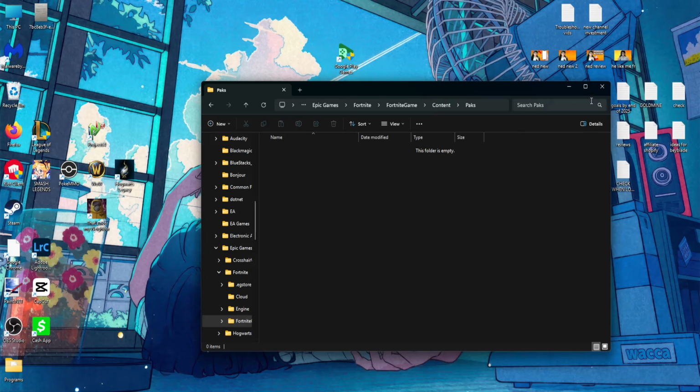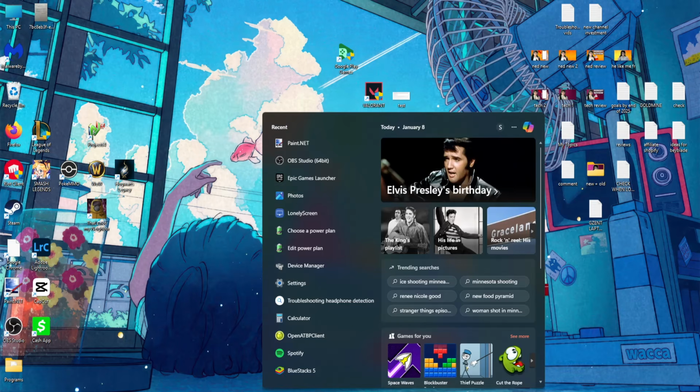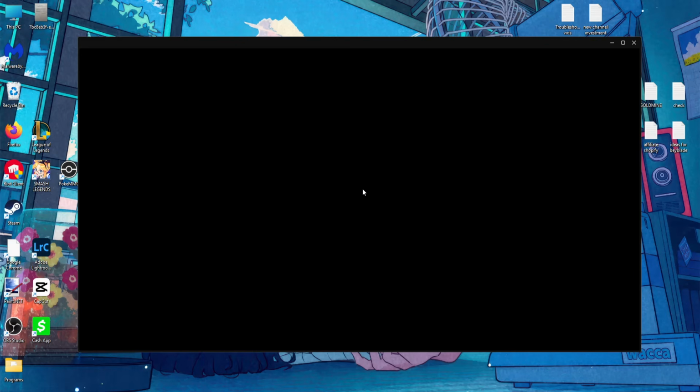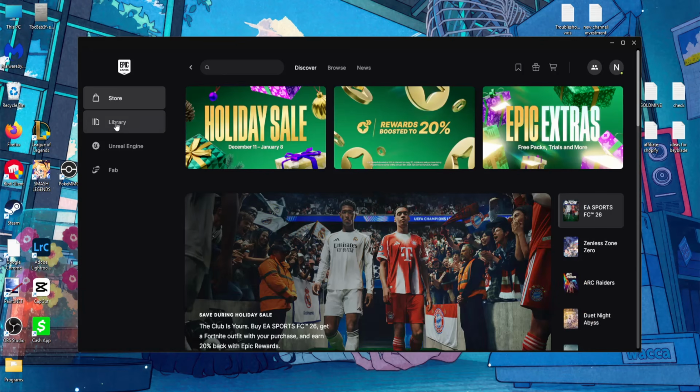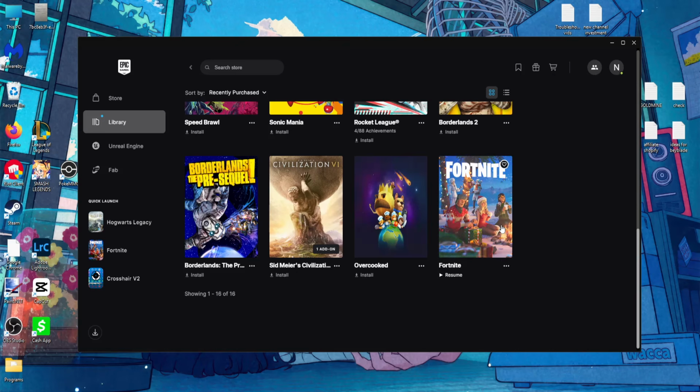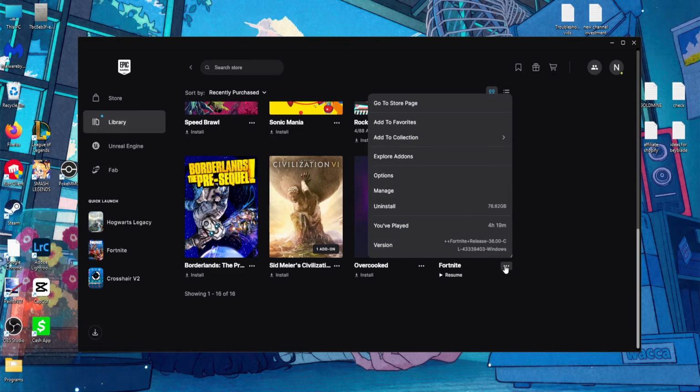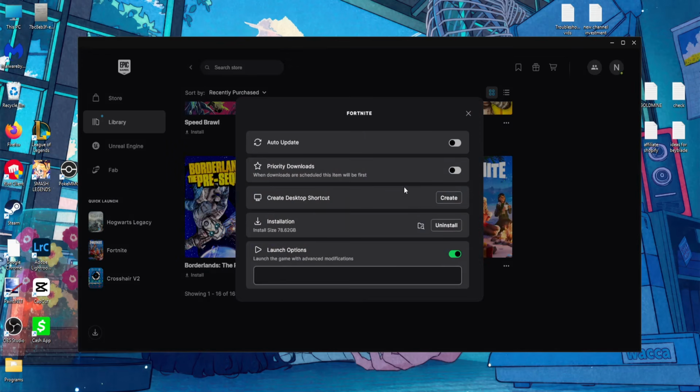Once you permanently delete all of these files, you will open up Epic Games again. Here, once Epic Games loads, you just want to reinstall Fortnite. So we're going to go into library, you want to find Fortnite, click on the three dots, click on Manage,